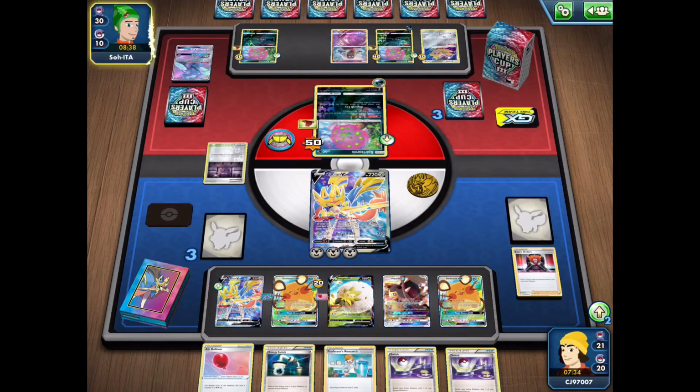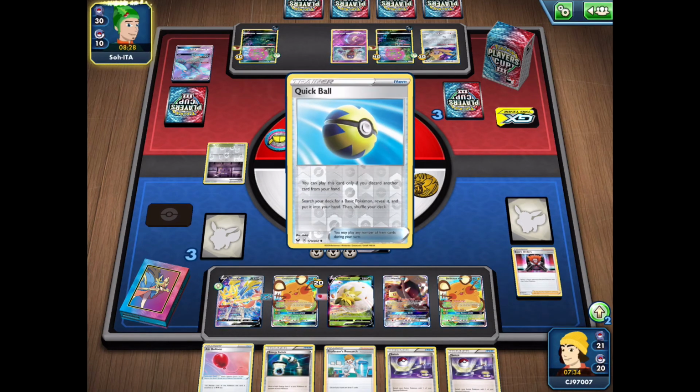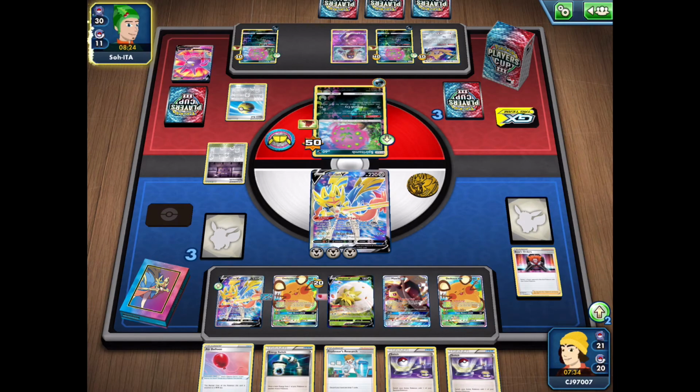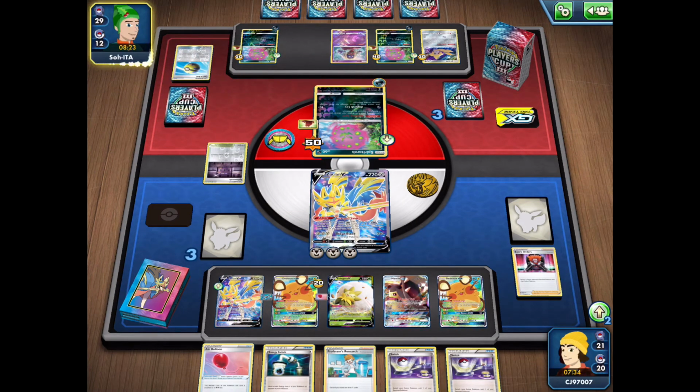And my opponent is going to be able to take a knockout on our Zacian since they can one-hit all of our Pokemon right now. Definitely not ideal as we don't have any more energy in play, and that's the main thing that we're missing here. We really need to get an explosive turn where we can get an attachment as well as a Metal Saucer, but